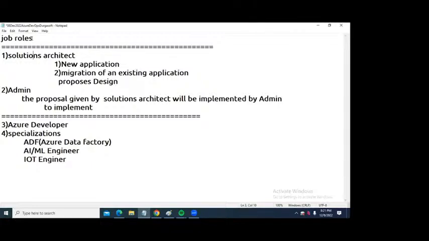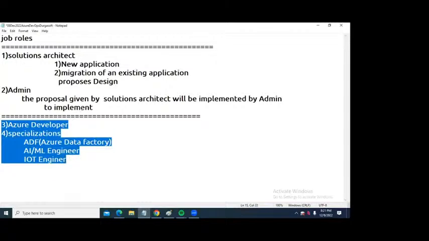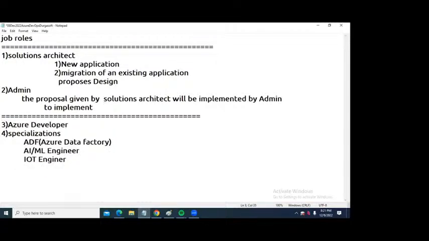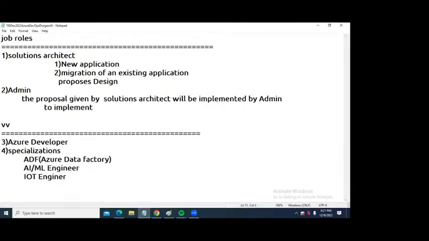And the admin guys, to implement this architecture, to implement the proposal given by the solutions architect, are going to use Azure cloud in the following ways.